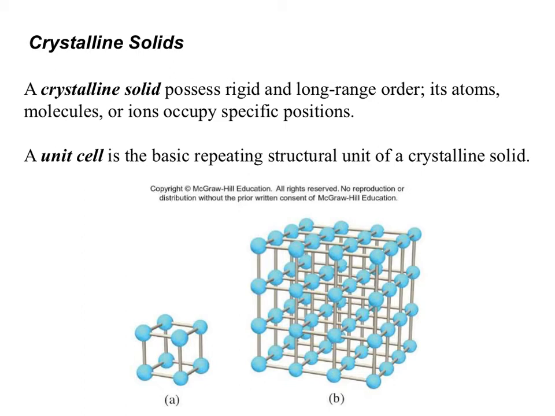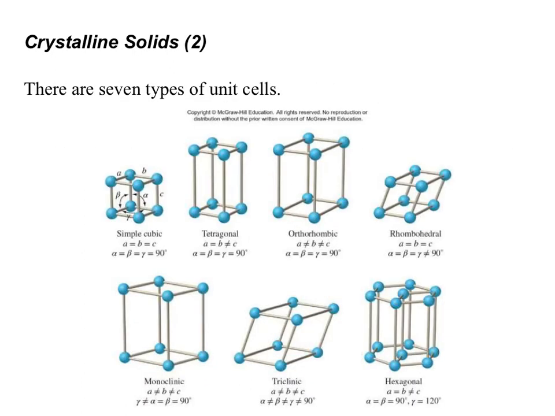atoms that repeats itself. There are 7 types of unit cell. You have the simple cubic, tetragonal, orthorhombic, rhombohedral, monoclinic, triclinic, and hexagonal. The shape of the unit cell pretty much translates to the shape that you would expect the crystal to form on a macro scale, i.e. the size that you would be looking at. So for example, sodium chloride has a simple cubic unit cell, and therefore when it forms its crystals, they tend